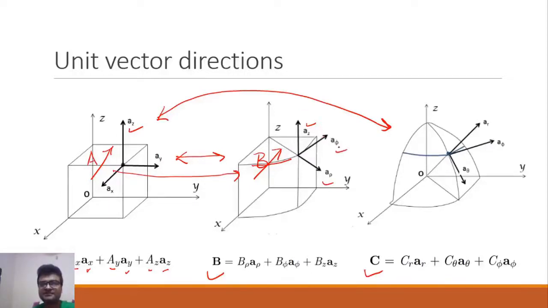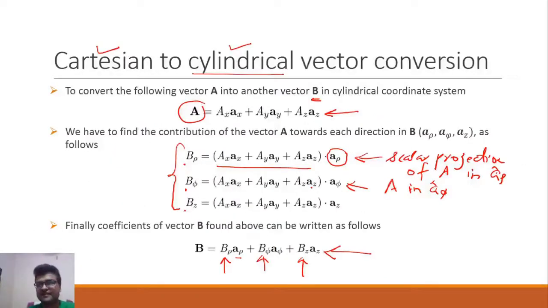So that is how we need to find out the relationship between the directions of Ax and these all unit vectors, Ay and all the unit vectors given in the cylindrical coordinate system, and Az again. So that is why we are trying to find out the scalar projection of A in the direction of A rho, A phi and Az. So this